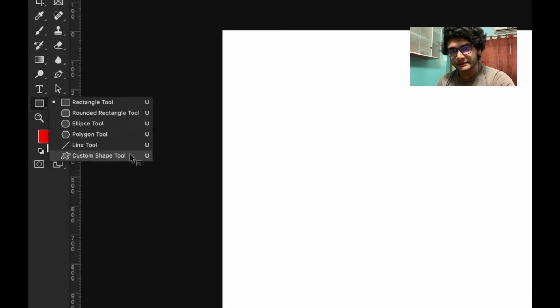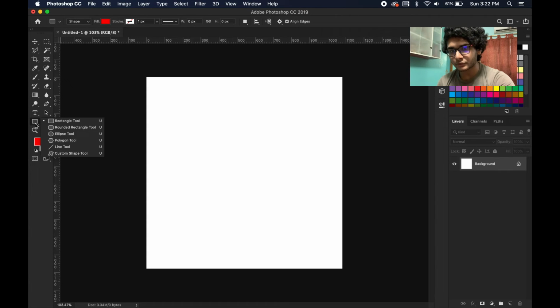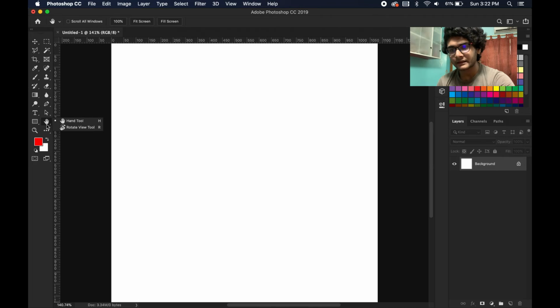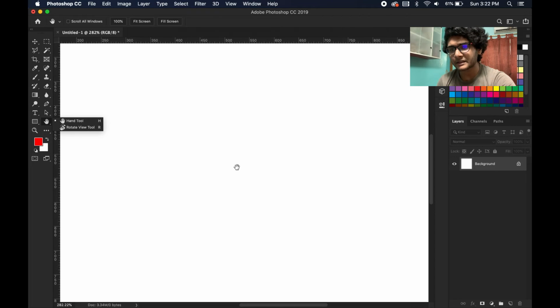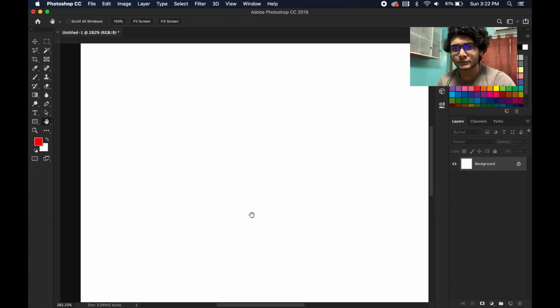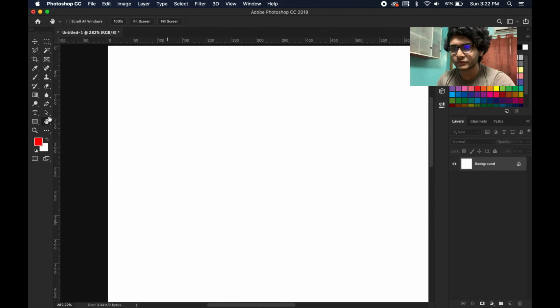So this is the hand tool, which is actually not used much, because the hand tool is just for moving the canvas, and pretty much no one uses it, because if you are in any tool, like the move tool, you can press the space bar to go temporarily into the hand tool, and you can move this.